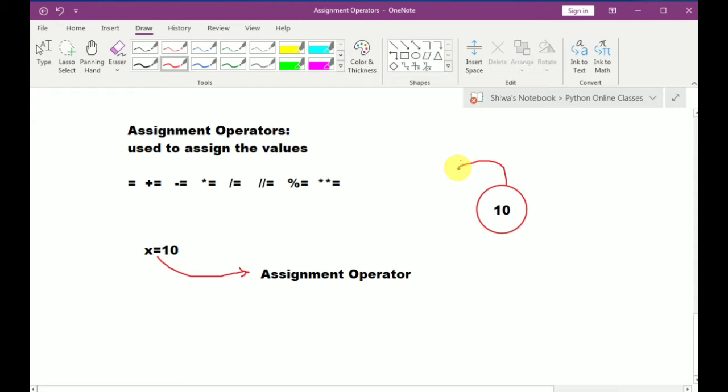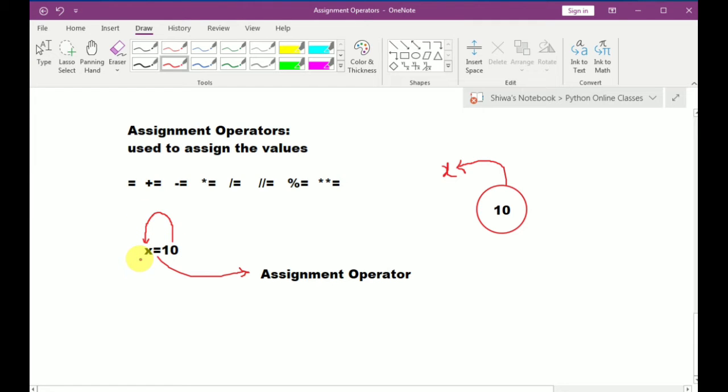So now x refers to this 10 object's memory location. This is the memory allocation process. So x equals to 10 means simply that the right side value will be stored in the left side variable. You can understand it like that.